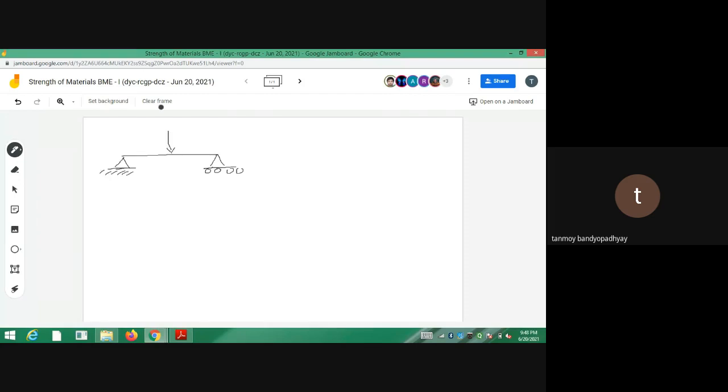So it will always be subjected to certain reaction forces. Suppose you have a support at this end and a support at this end, and you are loading it somewhere. Only the reaction forces will be set up at the supports, not somewhere like here. Suppose I have the points A, B, and C. The reactive forces will always be set up at the points A and C, not at an intermediate point like B, since at point B it is free to move anywhere. But point A is actually constrained from moving.